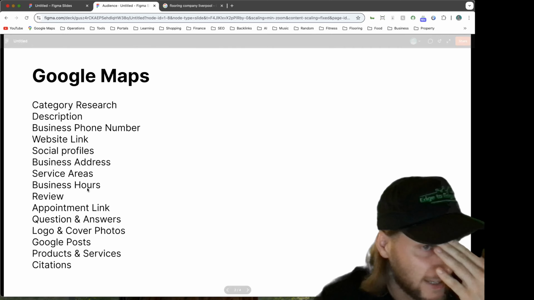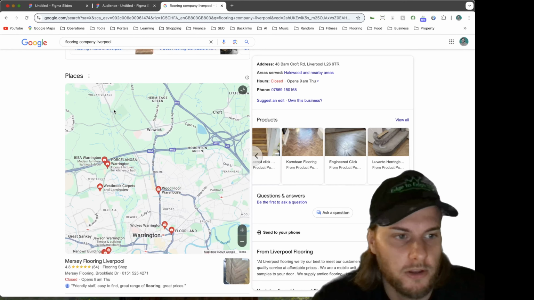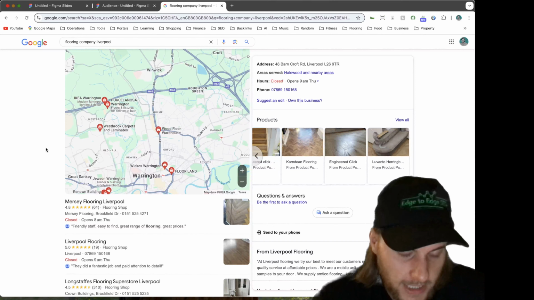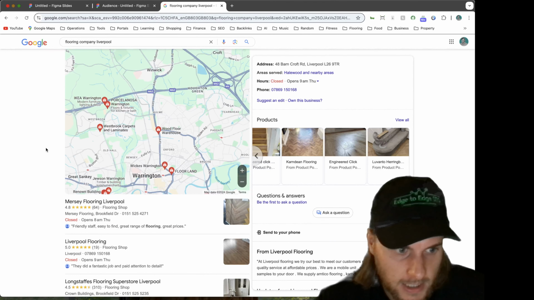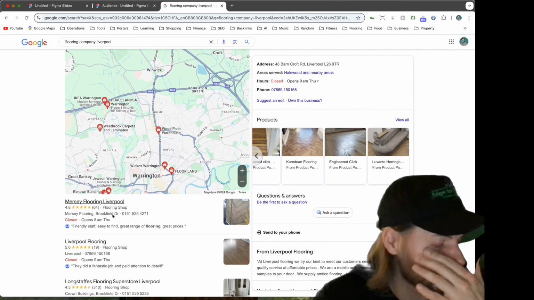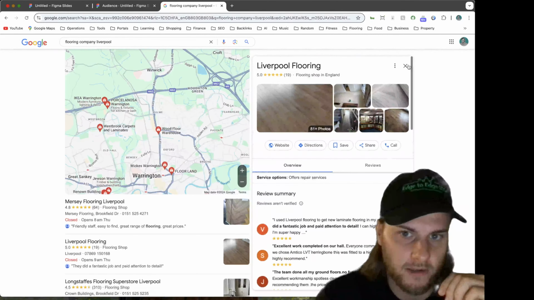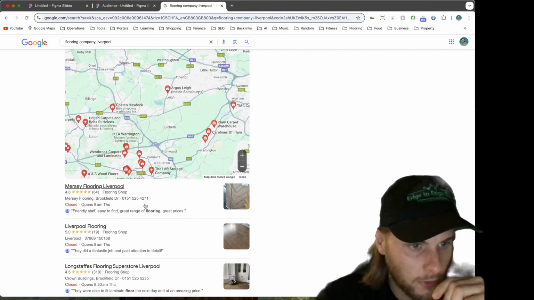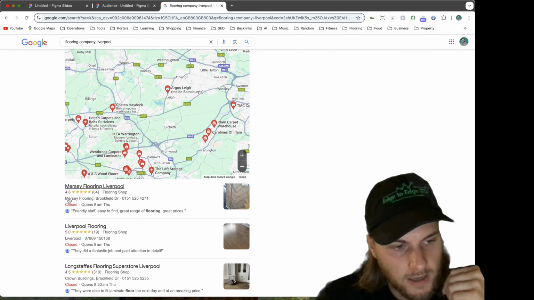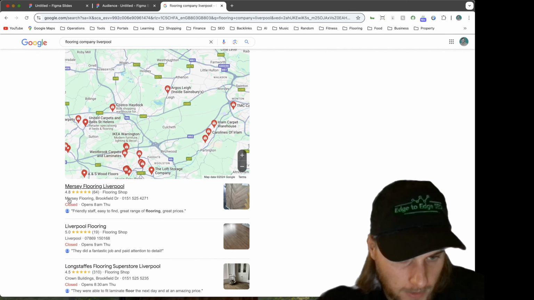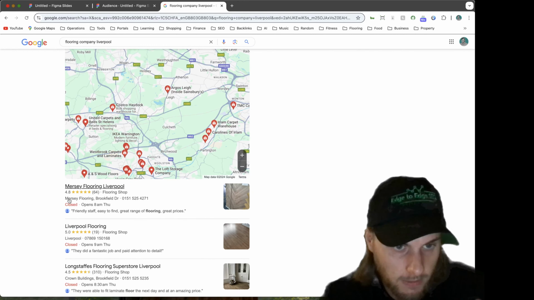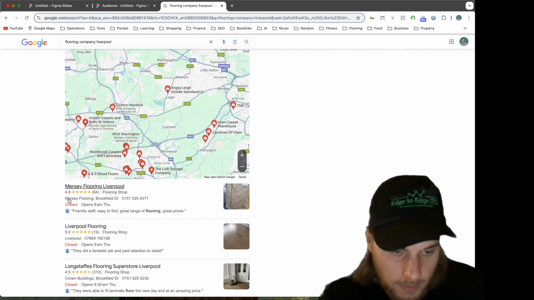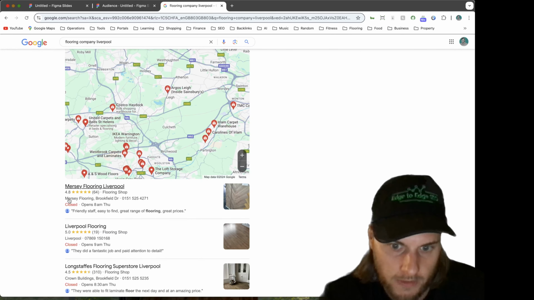And then lastly, citations. So you want to be going out there and building citations on places like directories that cite your name, address, and phone number. And it should be matching the name, address, and phone number that is on your Google Business Profile. So what you're trying to do is show Google that you are a real business, and you're trying to confirm these are the correct details, by placing your name, address, and phone number on these different websites around the web.